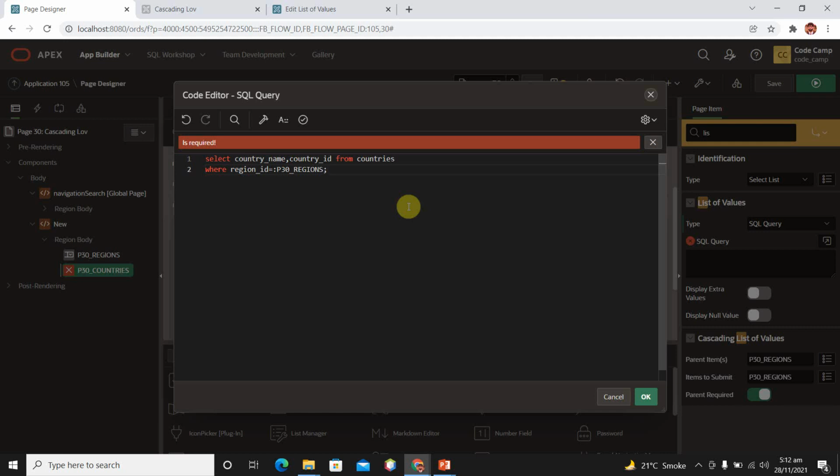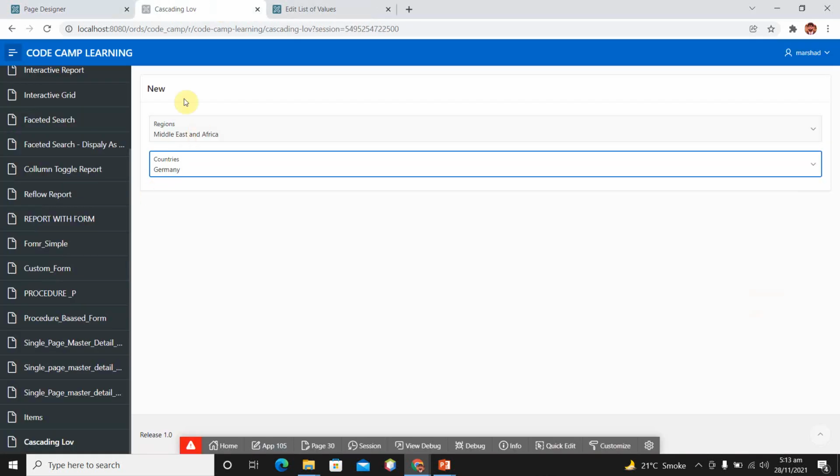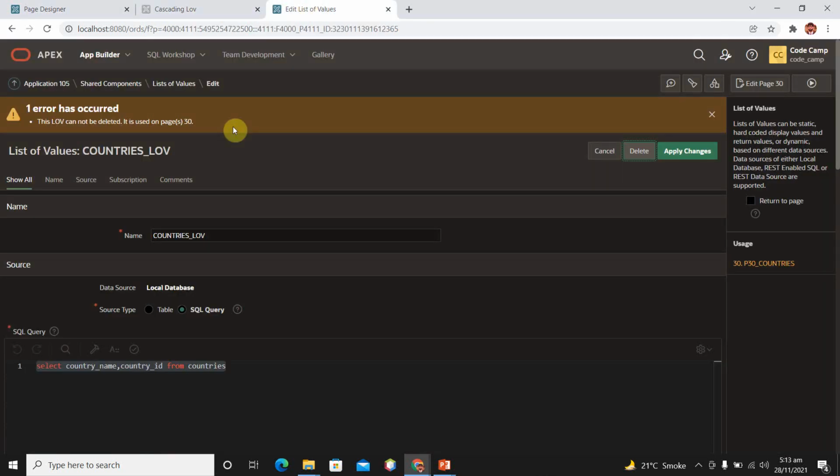Whenever I select any region in our regions select list, that region ID should be placed in this query. This is the way to select an item value in our PL/SQL. So validate your query. Validated. Okay, so we don't need to delete it from shared components, because we are not using it for countries in our application right now.